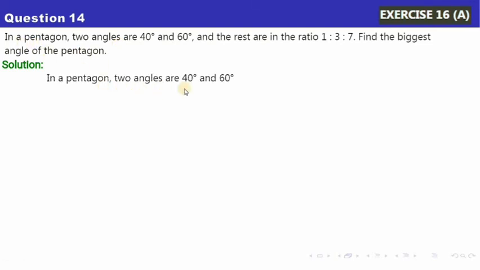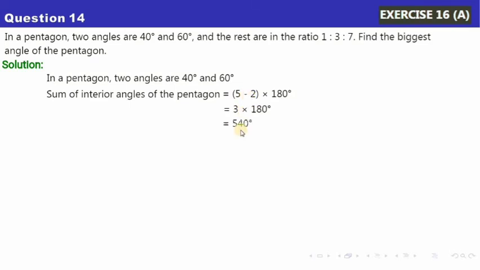So in a pentagon, you know that there are 2 angles given to be 40 degrees and 60 degrees, and you know that the sum of the interior angles using the formula (n minus 2) times 180, where n is 5 in a pentagon, turns out to be 540 degrees. Okay, so the sum of interior angles in the pentagon is 540 degrees. All right, now